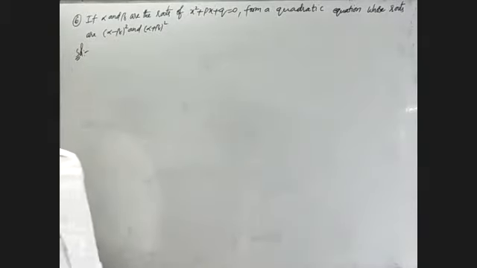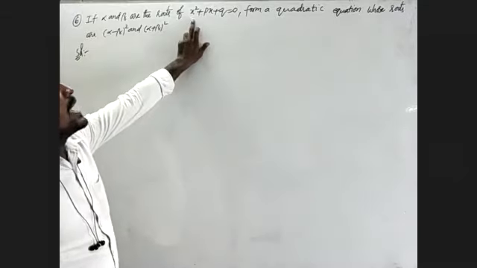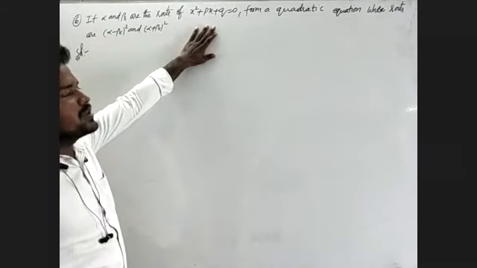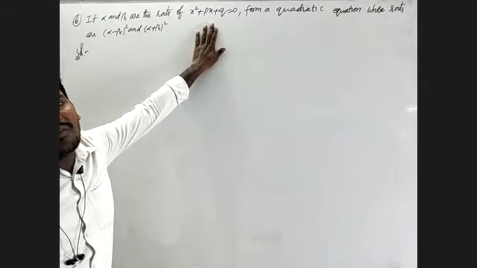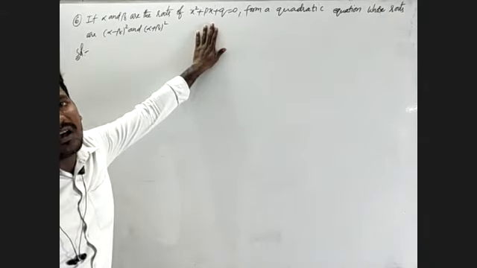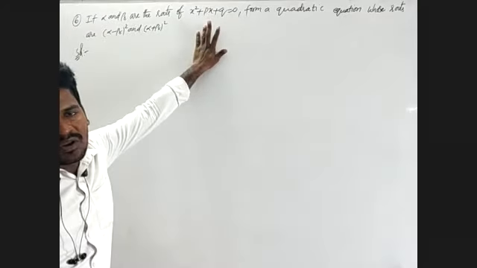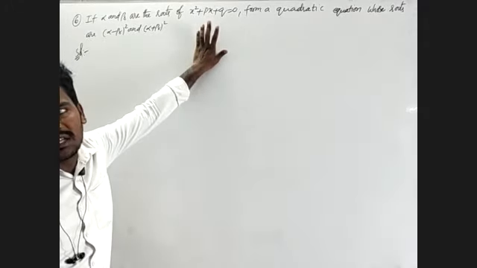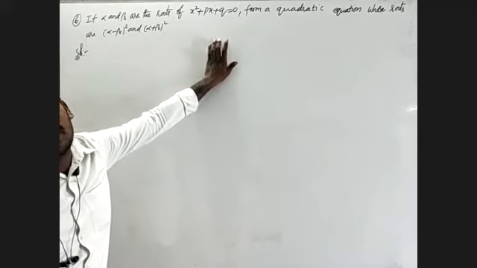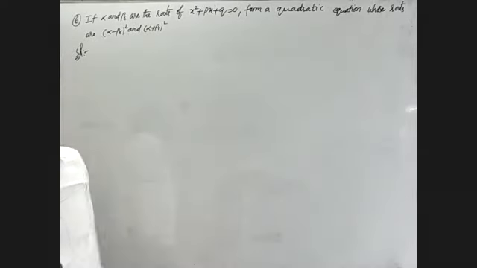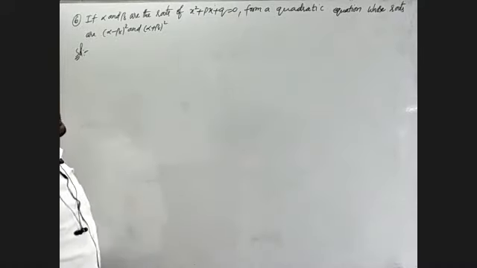What I am asking in this problem: if alpha and beta are the roots of x square plus px plus q equal to 0. Already we know one condition, that is if alpha, beta are the roots of ax square plus bx plus c equal to 0, here we write two conditions. The first one is the sum of zeros, alpha plus beta, will become minus b by a. After that, the product of zeros, alpha beta equal to c by a.